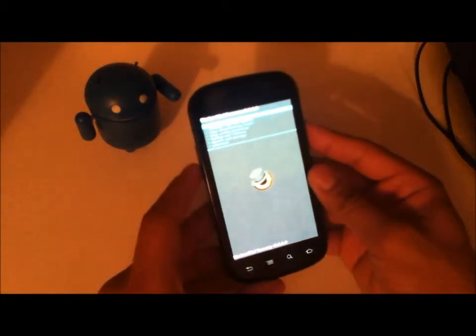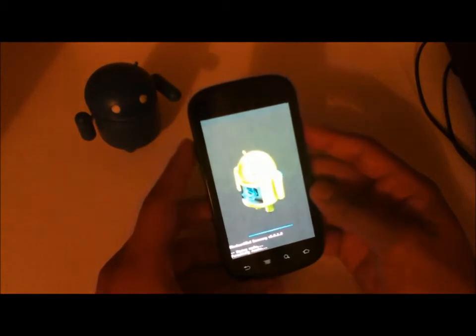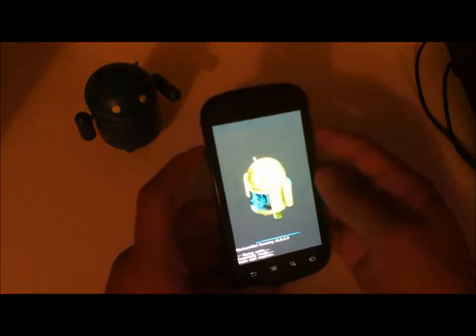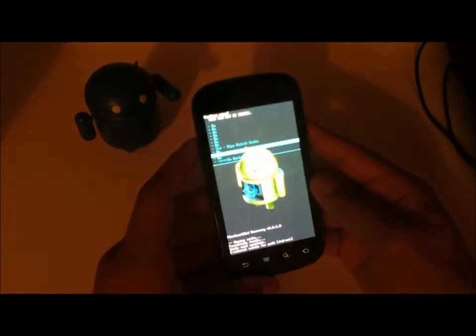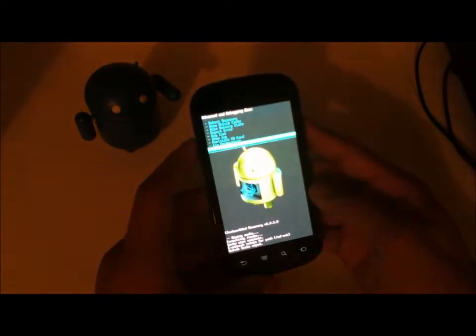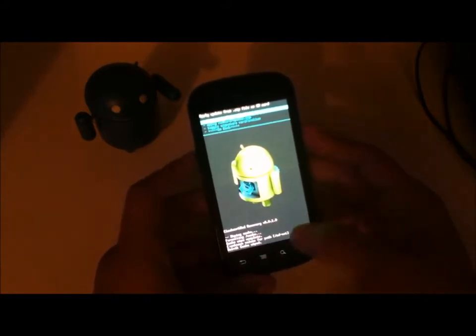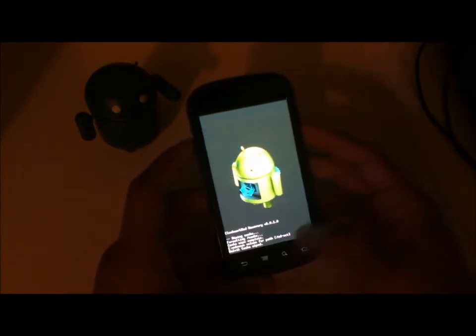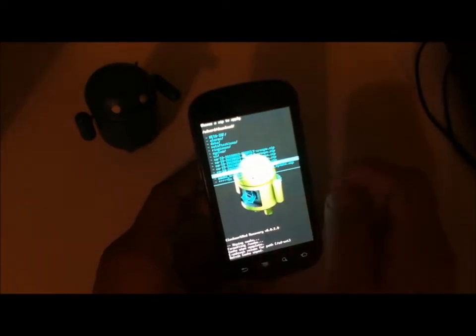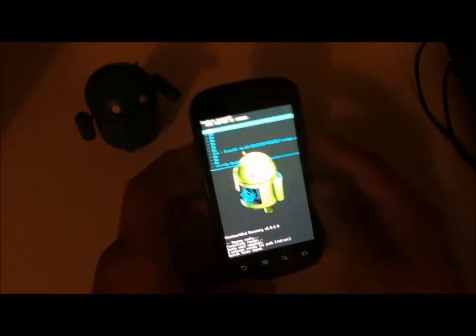So when we're in here, we'll go ahead and go to wipe cache partition, like we always have in the past when installing a nightly. Go down to advanced, wipe Dalvik cache, and scroll up to yes. Then go back, install zip from SD card, and choose zip. Since I downloaded it straight from my phone, it'll be in the download folder. And here it is, CM10 2012 918 nightly Crespo.zip. Now when I go to press install,